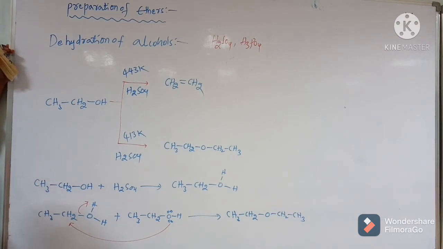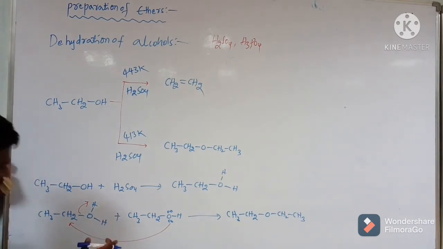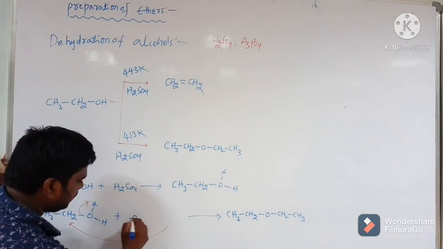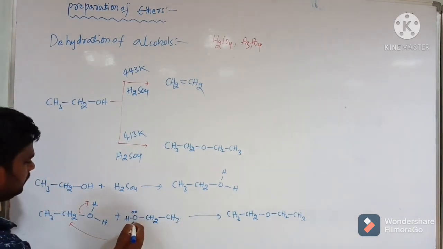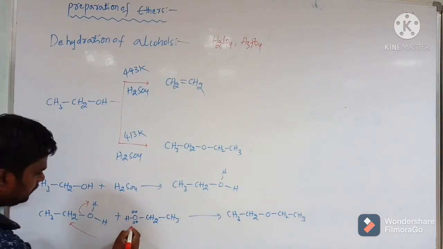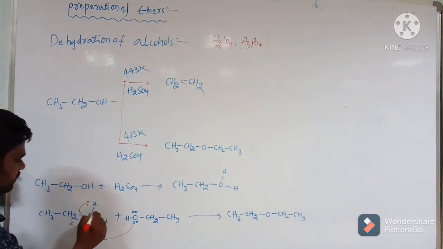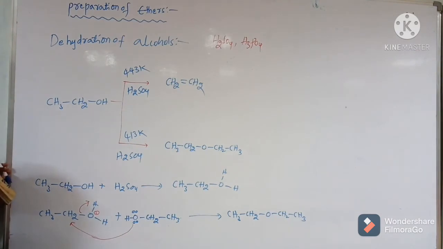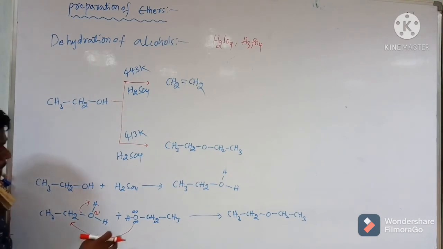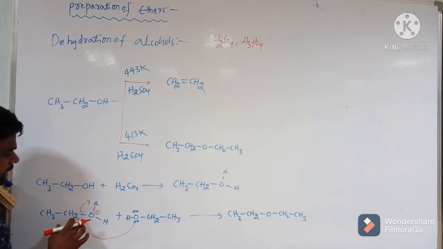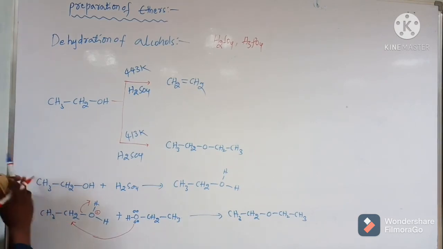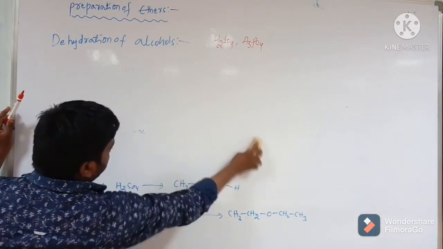For convenience, I will also write the primary alcohol like this: OH CH2 CH3. Substitution takes place, and elimination takes place in this. This is an SN2 pathway, because these are primary alcohols. The substitution takes place on the protonated alcohol through the SN2 pathway. This type of mechanism takes place with primary alcohols only. If we take secondary or tertiary alcohols, for example,